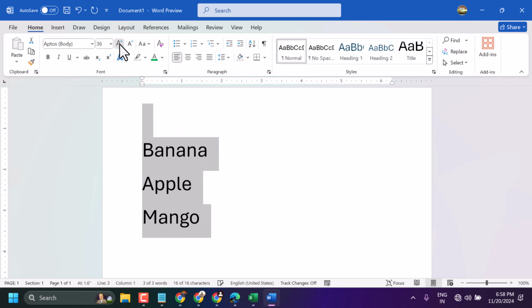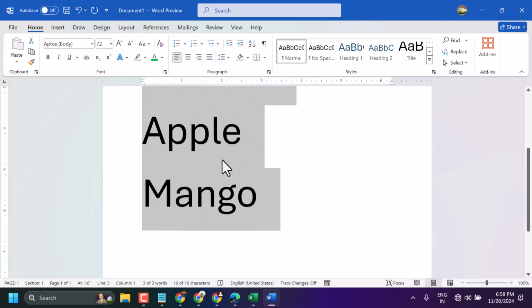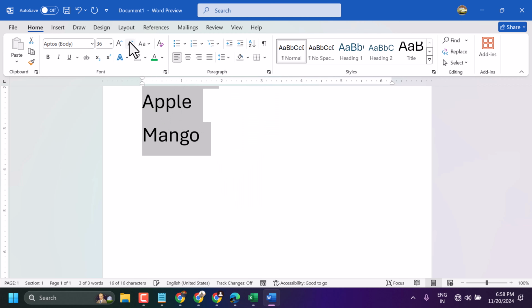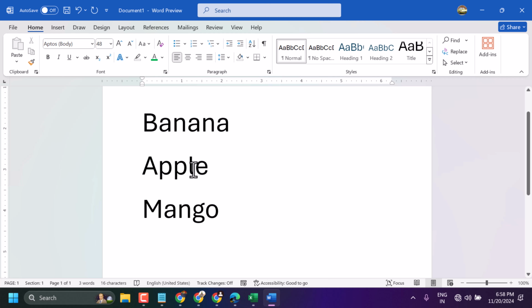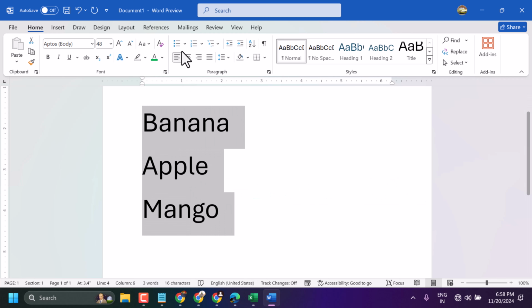How to insert custom bullet points in Microsoft Word document. So we can see we have this list. To add custom bullet points, select it. Now in the paragraph section in the Home tab,